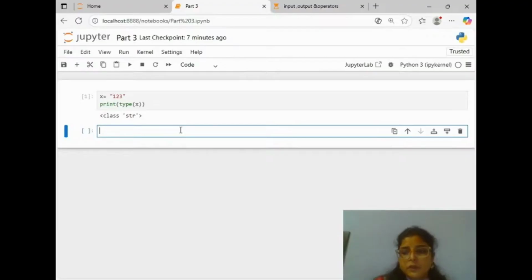Now first we have output with print. In Python, we use the print function to display messages or values. Example, name is equal to Raja.